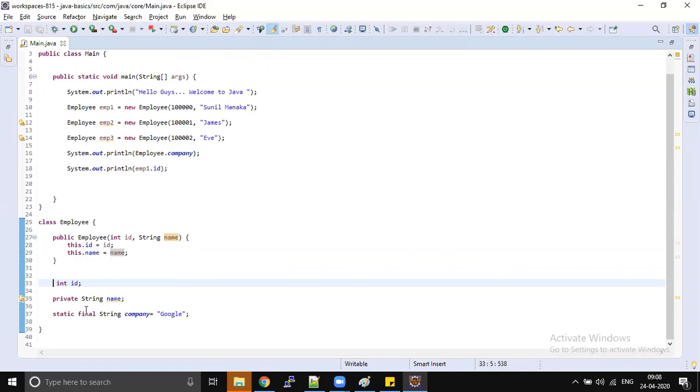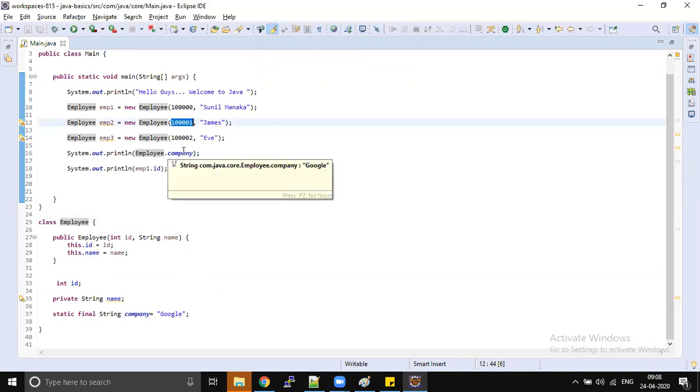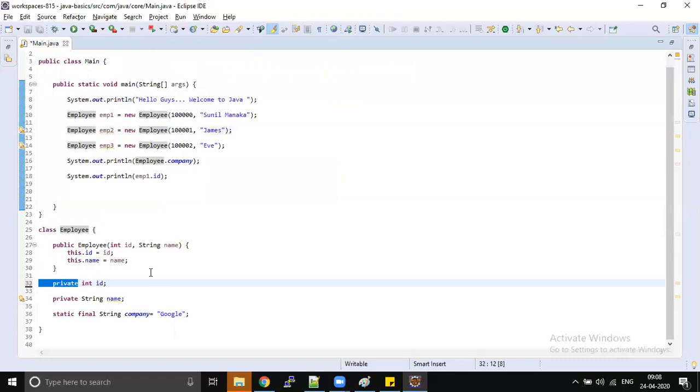It's not visible, right? Anything private, we can't expose to outside people. So private means it is within that particular class. For example, employee ID is private with respect to the employee, so this ID can be accessed within the employee. Outside of the employee, we can't access it. That is what encapsulation in Java is, right?